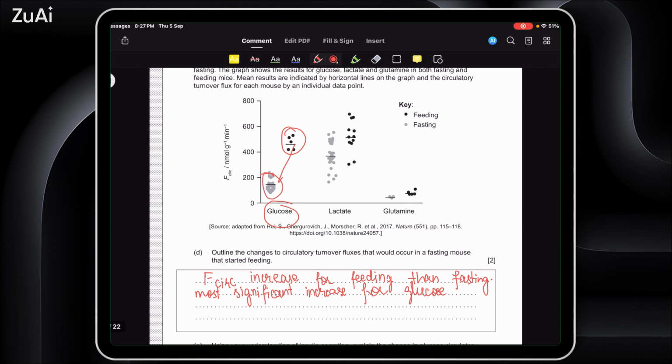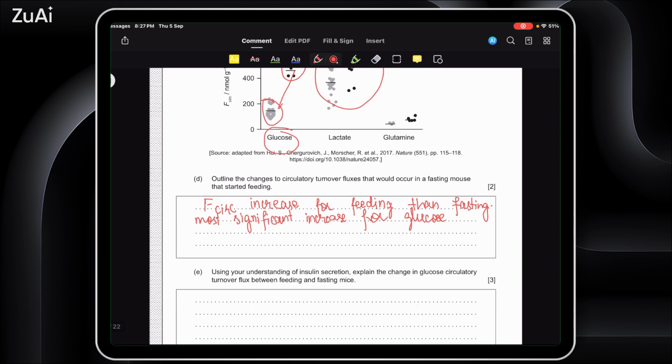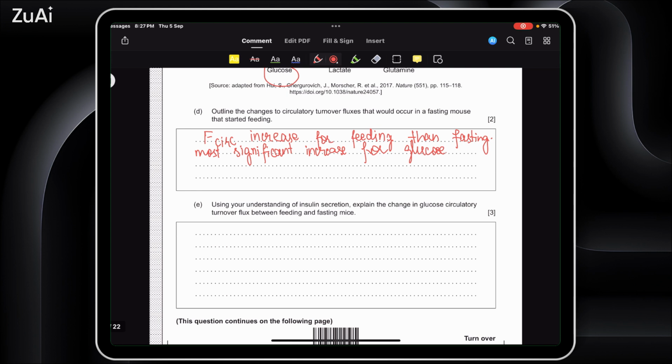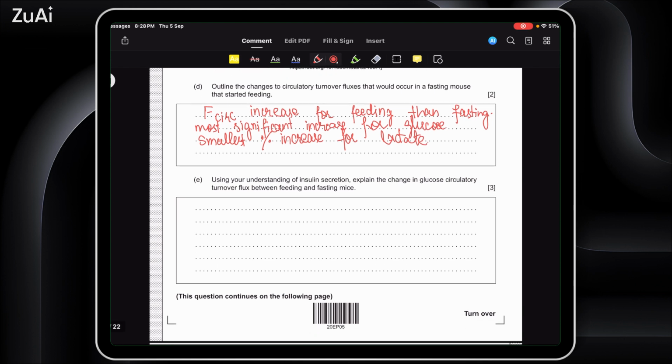And for lactate, the percentage is very small, so the smallest percentage increase is in lactate. That's the answer. So, using your understanding of insulin secretion, explain the change in glucose circulatory turnover flux between feeding